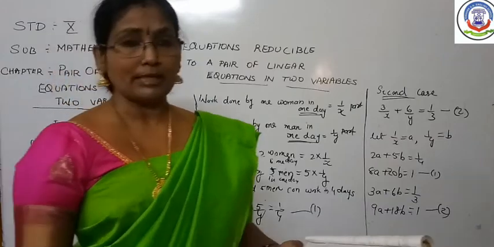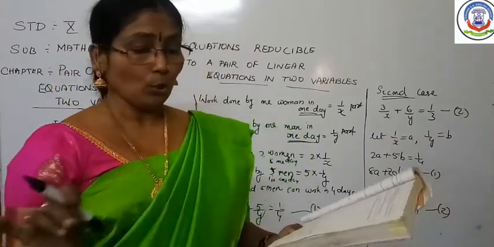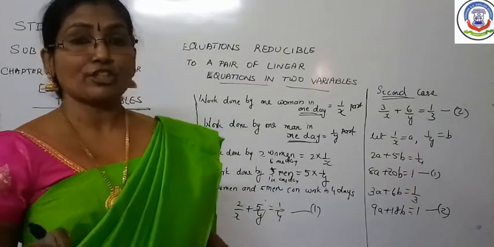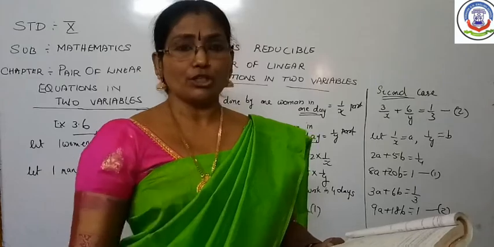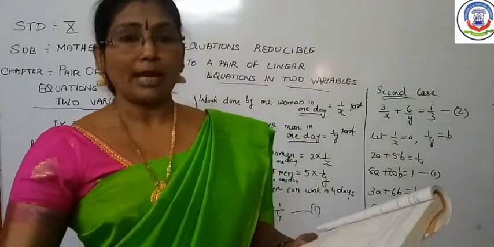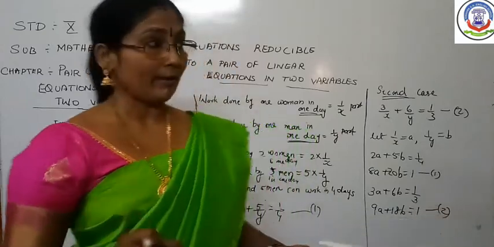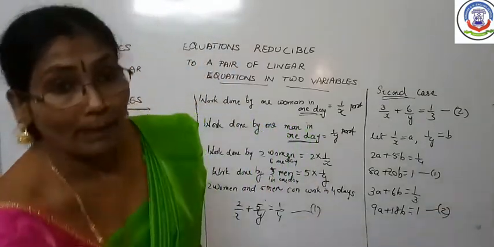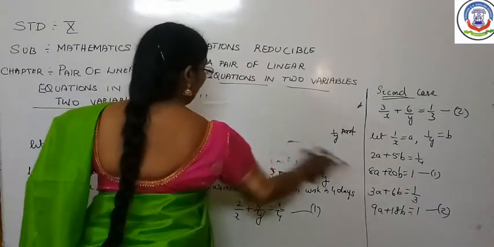You can do it yourself, but there is a question about the second clue, where it is given that she takes 10 minutes longer. That means before she took 4 hours, now she is going to take 4 hours 10 minutes. How will you change 4 hours 10 minutes into hours? You will write it as 4 and 1 by 6. Clear? That is the only thing I want to explain here.